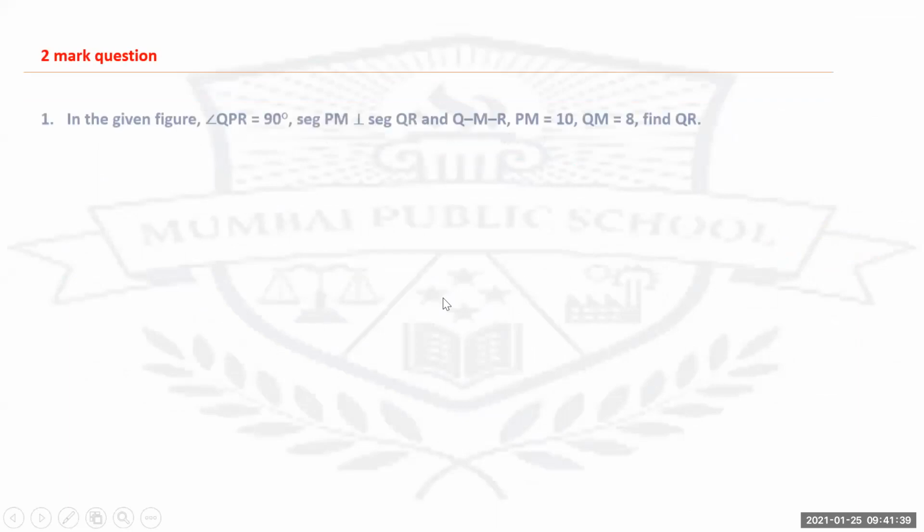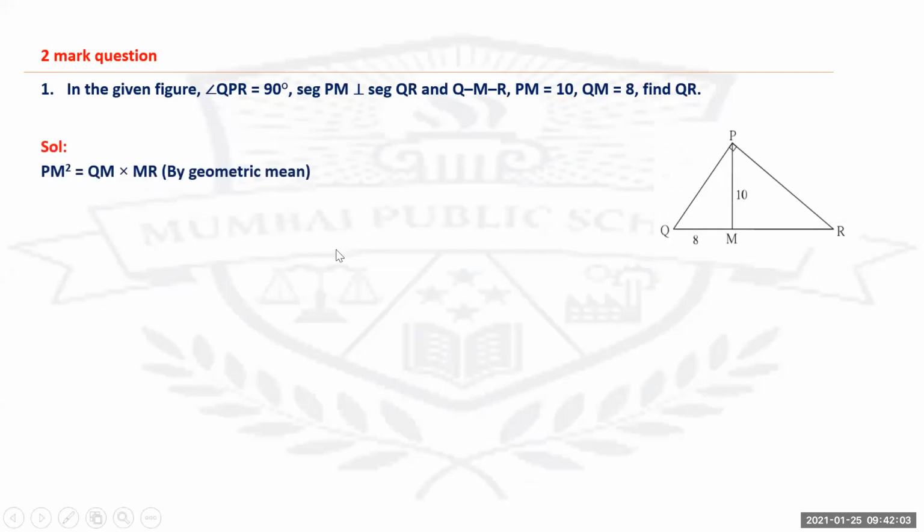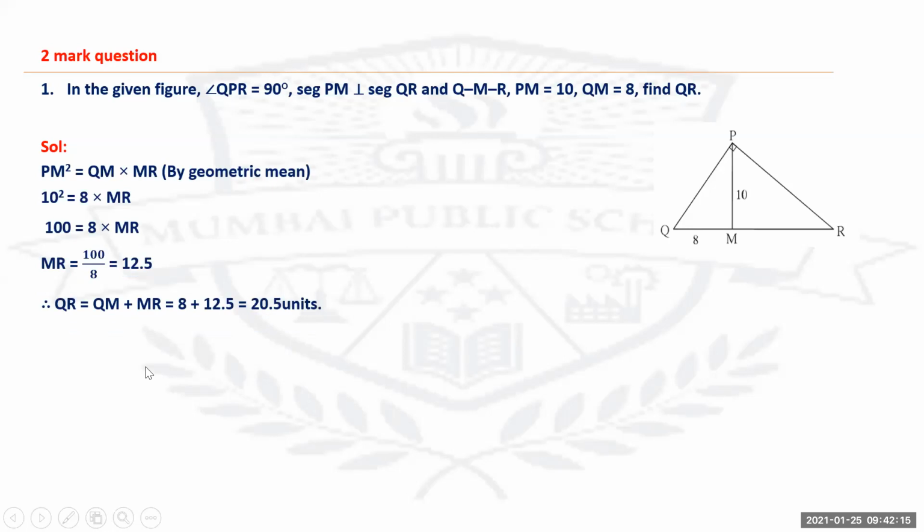Next, 2-mark question. In the given figure, angle QPR equals 90. Segment PM perpendicular to segment QR and Q-M-R. PM equals 10, QM equals 8. You have to find QR. This is the figure which is given. Again, PM square equals QM into MR by the property of geometric mean. Now just substitute the given values. You get 10 square equals 8 into MR. So you can find the value of MR. So MR is 100 upon 8, that is equal to